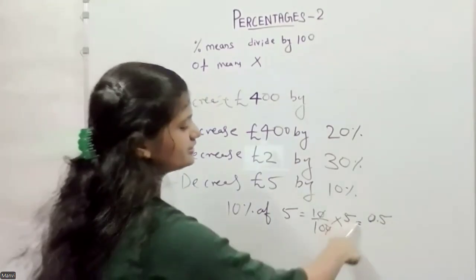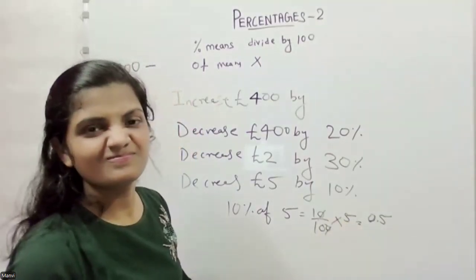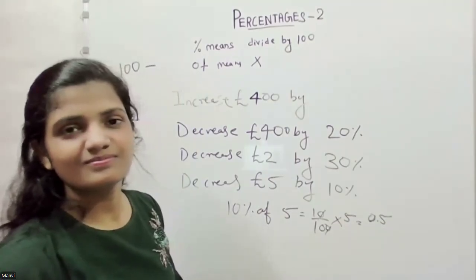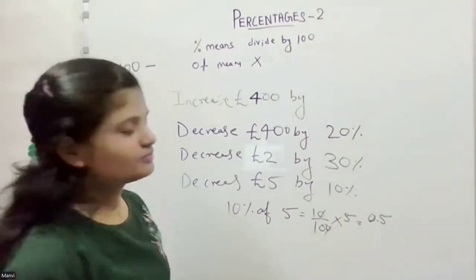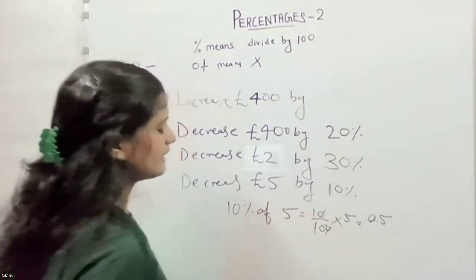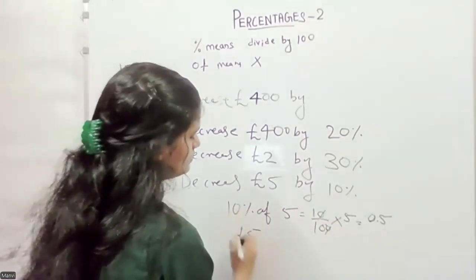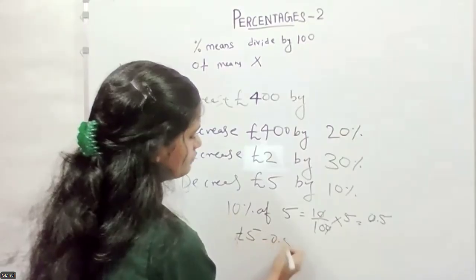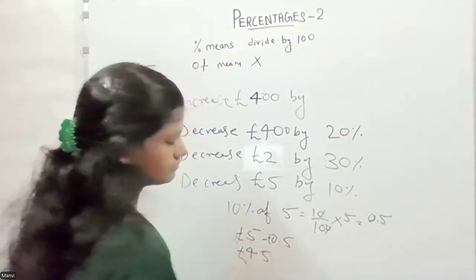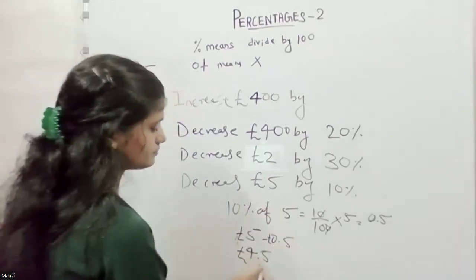How was this 5 converted into 1, Kavya? I did 1 by 10, so I converted that into 0.1, and then I did 0.5 equals 0.1. That's why. Now you just need to subtract this from 5, and the answer will be 5 pound minus 0.5 pound. I did that. I said 4.5. Yeah, good.